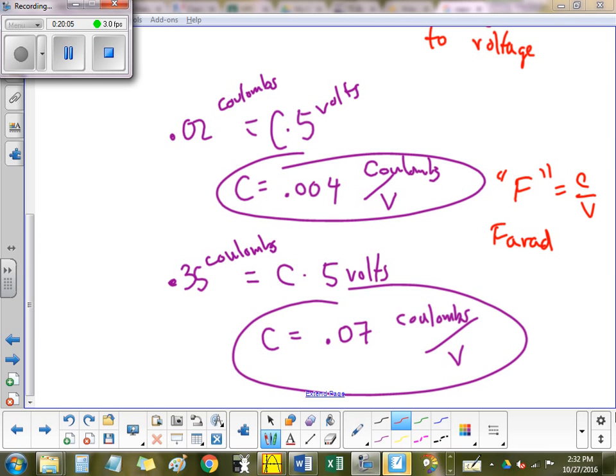You might pick up a capacitor at the store and it says on there, 5. And you're like, dude, a 5 farad capacitor, I can store 5 coulombs of charge if I apply a volt. Probably not, actually. 5 coulombs of charge is a lot of charge. Okay? That is a lot of electrons. Remember, each one's only 1.6 times 10 to the minus 19th. Yeah? So it's probably not a 5 farad. It's probably a 5 microfarad, or maybe even a 5 millifarad or whatever. I don't know. 5 picofarad. Who knows? My point is, don't judge by the numbers,